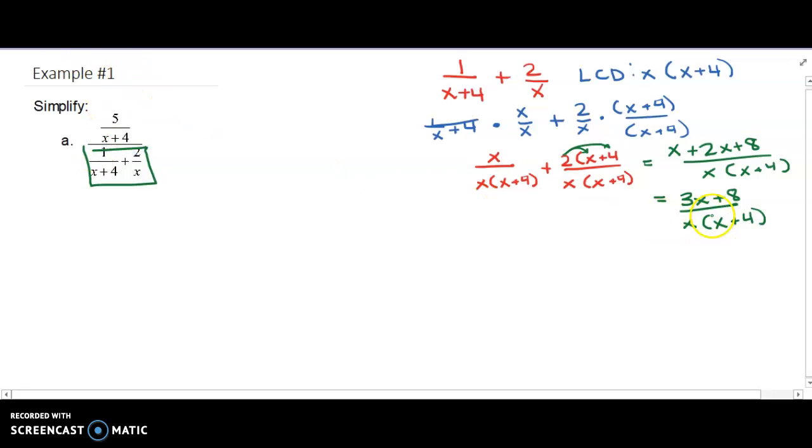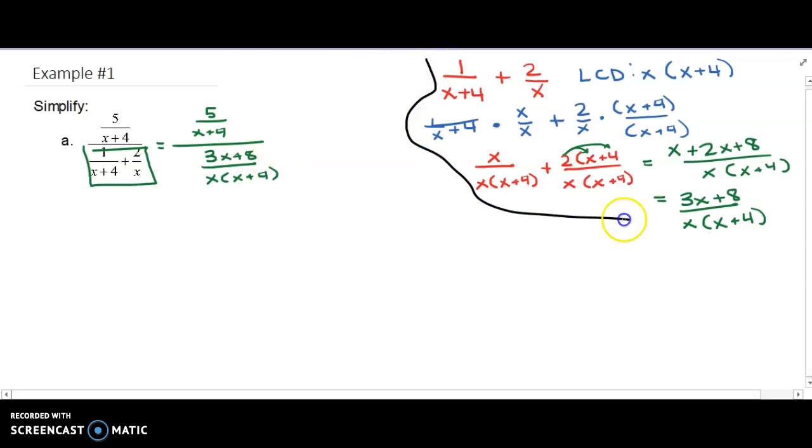Okay, so after I have that, I'm going to plug that back into here. So 5 over x plus 4 over 3x plus 8 over x times x plus 4. And I'm going to go ahead and just draw my boundaries so we don't get this work mixed up together. All right, now remember what a fraction means. Remember that this bar is a divided by sign. Okay, so I could really write this as 5 over x plus 4 divided by 3x plus 8 over x